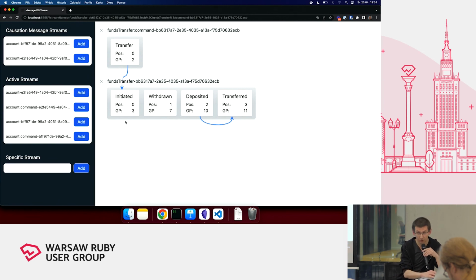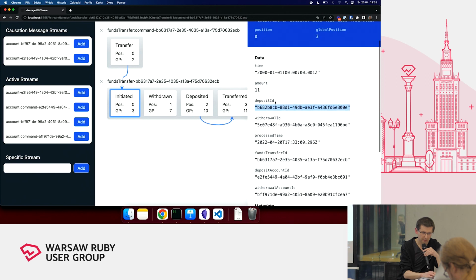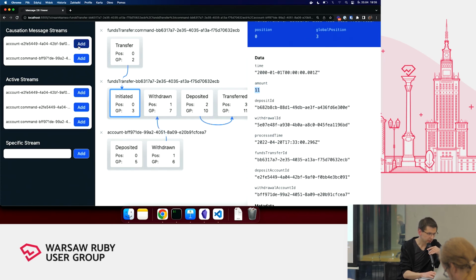The names don't always match. It's not always add, line item added. It's an initiated event. Now, what happened in here? The fund transfer was set to withdraw from this account, deposit into this account, amount of 11. So when it was initiated, then it has